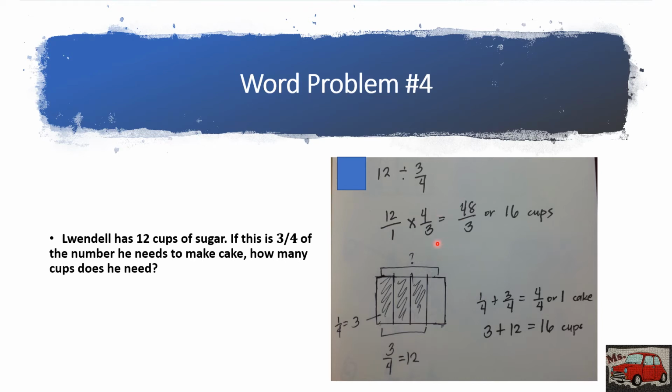And then, the answer for this is 48/3 or 16 cups. So, in short, kailangan niya ng 16 cups ng sugar para makagawa si Wendell ng cake. Okay? So, yung 12 doon, 3/4 lang ng 16. Okay? So, to make the illustration, imagine this is the 16 cups and you get the 3/4, that is